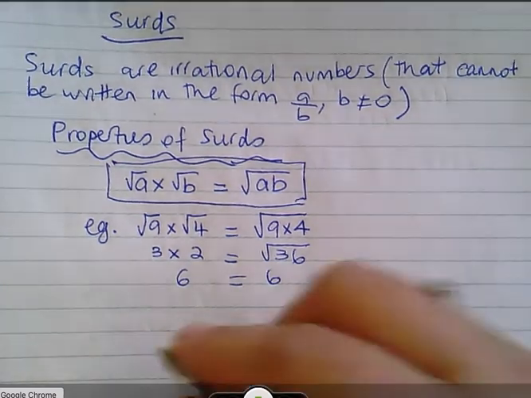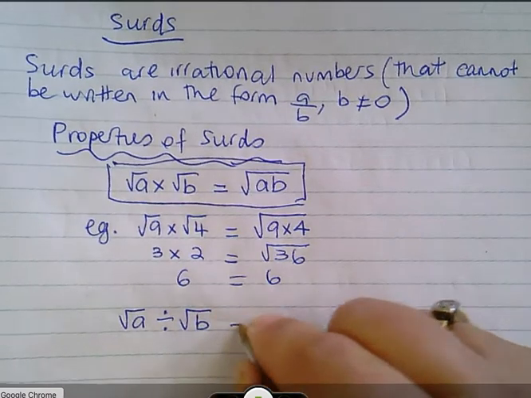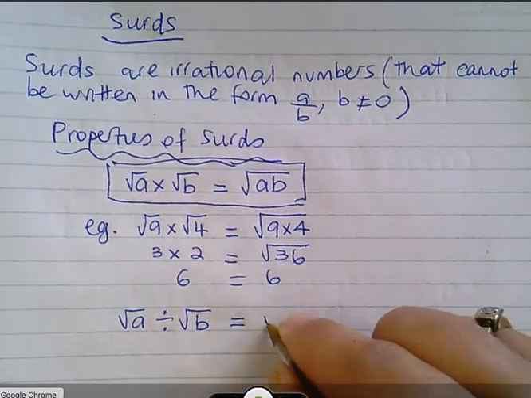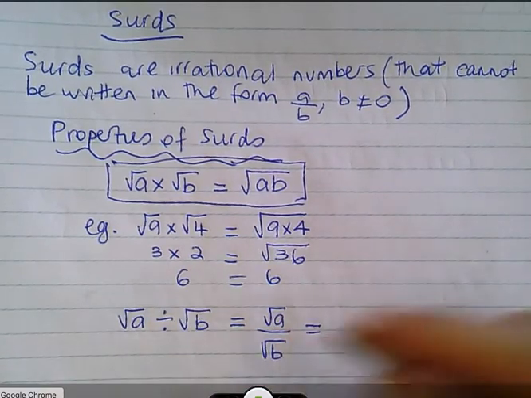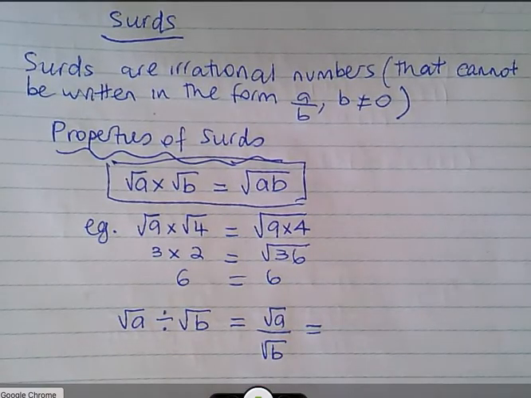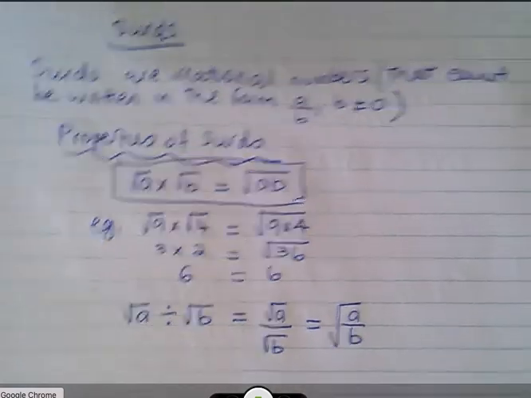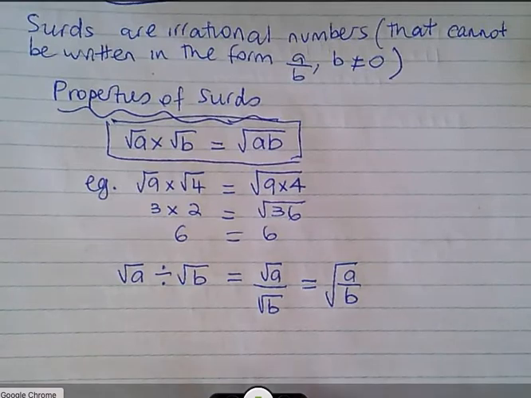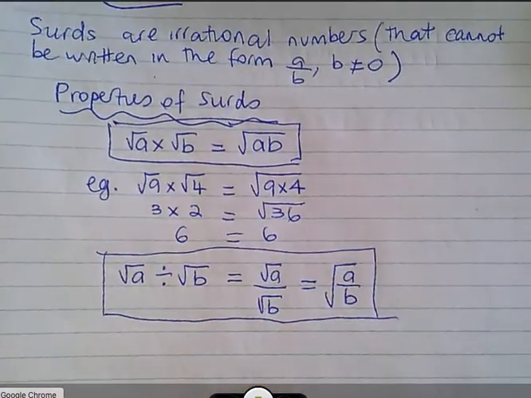Right. The second property of surds is that the square root of a divided by the square root of b equals the square root of a over the square root of b. So those two are identical. You're just writing it as a fraction. But here's the actual property, that it equals the square root of a over b. Now, an example with that could be,